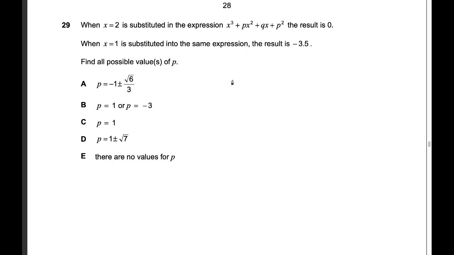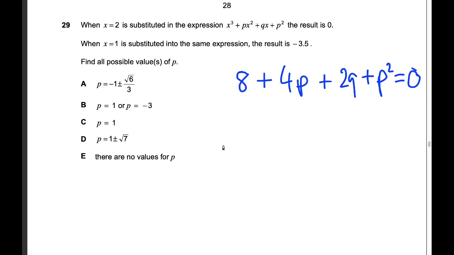So I'm going to substitute in 2 straight away. So 8 is 2 cubed plus 4p plus 2q plus p squared. That's equal to 0. Okay, oops, got to get a 0 in there. That's nice. Okay, let's do it with 1 as well. So we're going to get 1 plus p plus q plus p squared is equal to